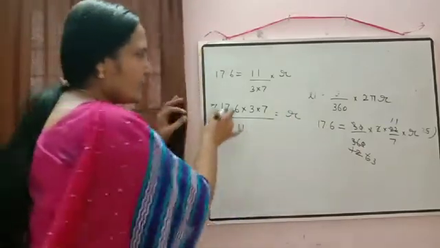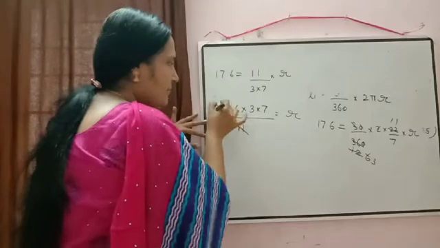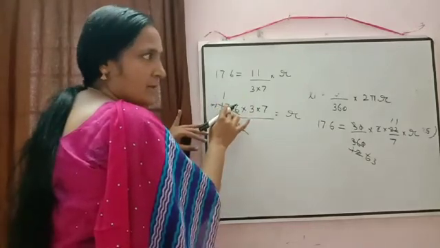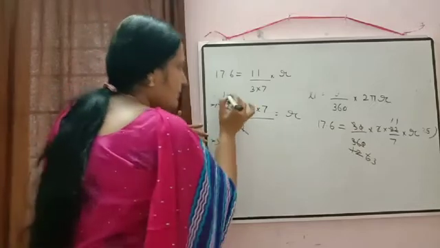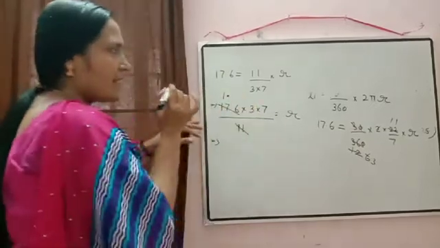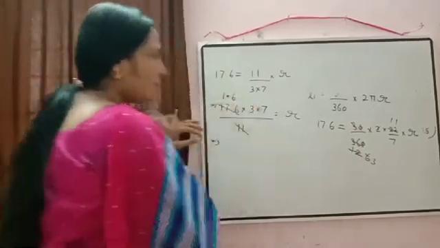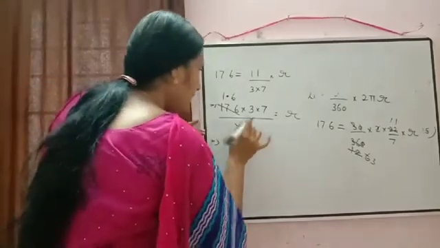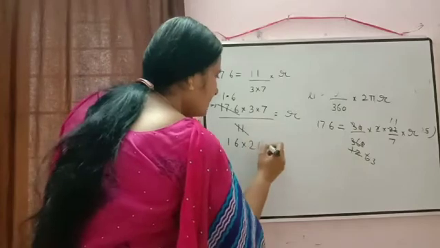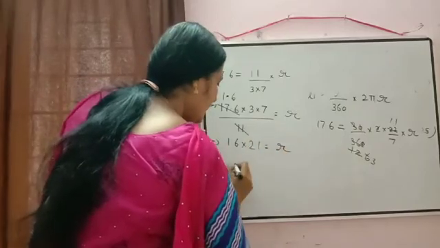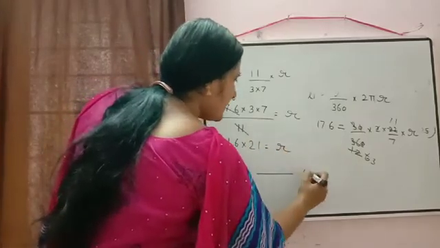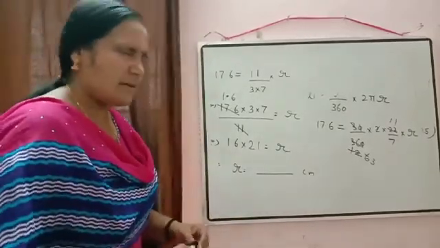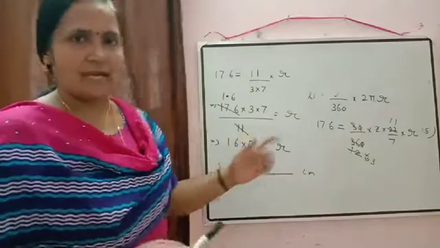Now this one we can cancel directly by 11. What will come? First 11 ones are 11. 7 minus 1, 6 will come. So the next number is 66, but before that the decimal is there. So we'll write in this way, and then it will be equal to 11 6s are 66. So we are getting here 1.6 into 7 3s are 21. So this one you can multiply and just write down the answer. Then you will get the radius, or the length of the pendulum.